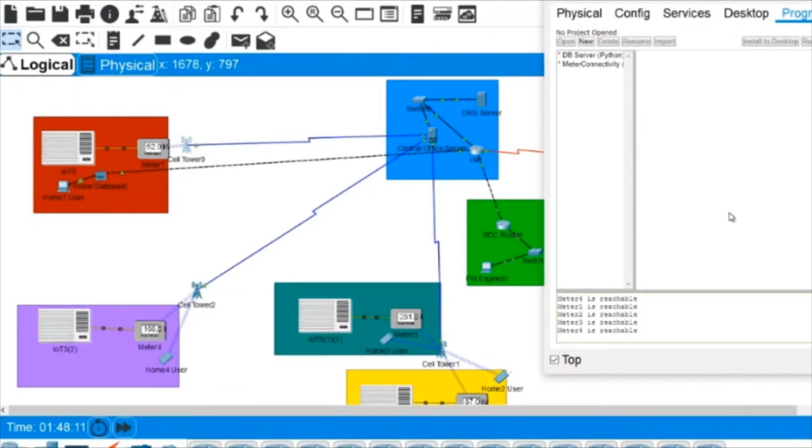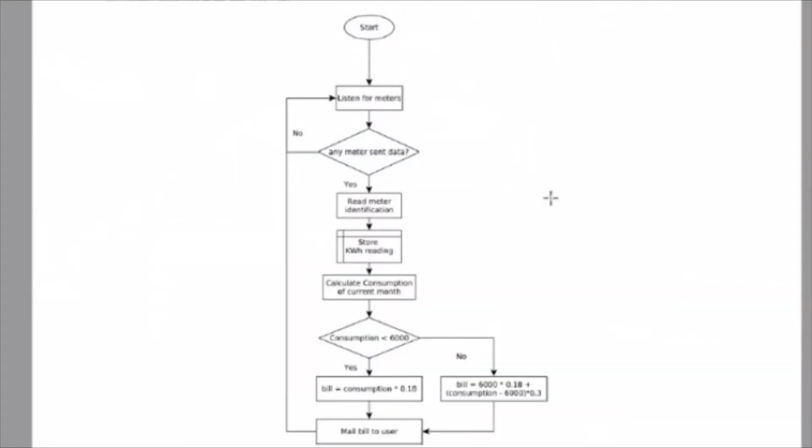Now the second main part of the server is basically the database. Basically, after each cycle, the server will take the meter reading. The server will keep listening. It's basically a TCP server, and we have established TCP clients at each meter. Whenever the cycle is completed, for our scenario, we have made the cycle 10 minutes. After each 10 minutes, we assume that this is the end of the month. So if any meter sends the data, the server identifies first which meter has sent this data by the IP address, of course, because we have given it a static IP, so we can identify which meter sent the data,